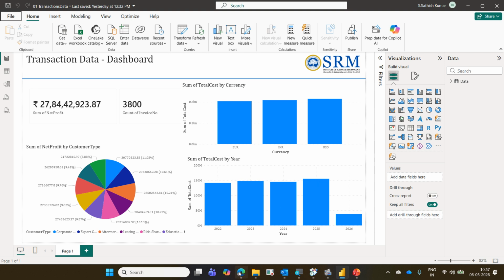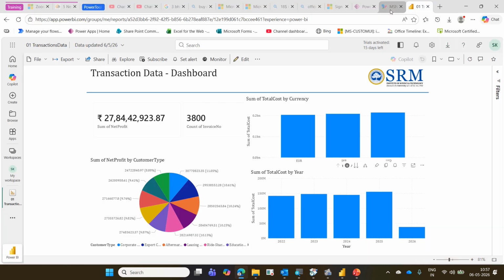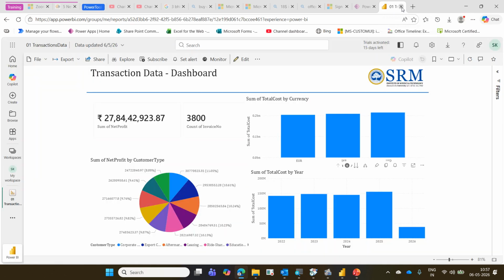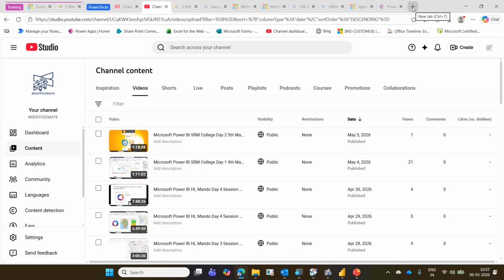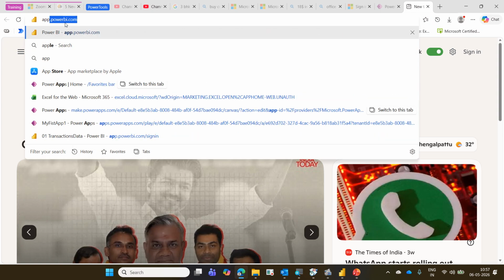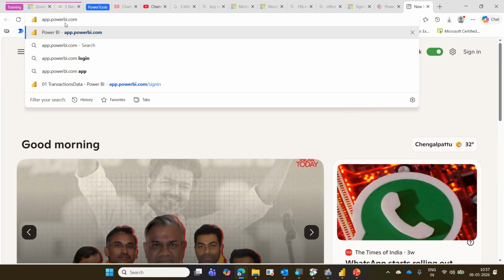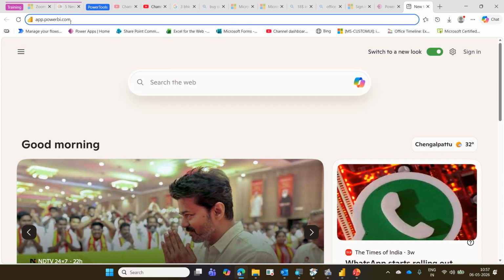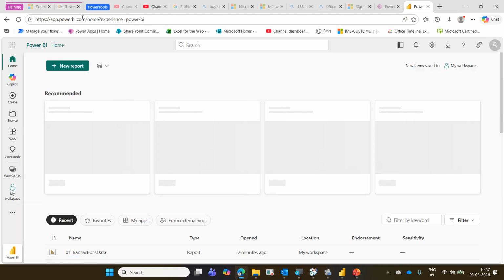Go to your web browser, any one of the web browsers, add a tab and type app.powerbi.com.